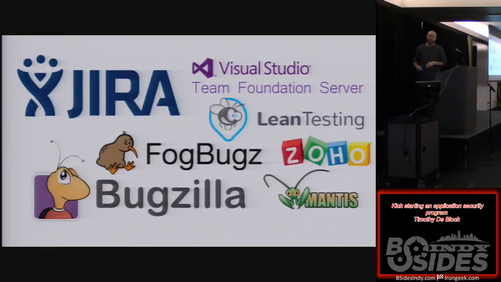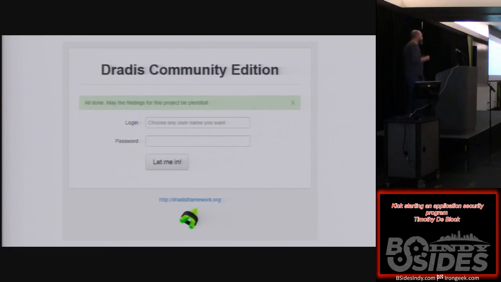Internal options are great. If you can use what the development team is using, that's probably where you should be, because ultimately security findings are bugs, so they should be addressed and prioritized in the same way. If you're looking for some security tools, this is where I started with Dradis. I didn't have much success with this. It wasn't very well documented, and we just had problems getting it installed on a server that we wanted to run it from. This is in a lot of things like the Metasploit framework and the Samurai web testing framework. I have heard other people have success with this, and they really love the tool.